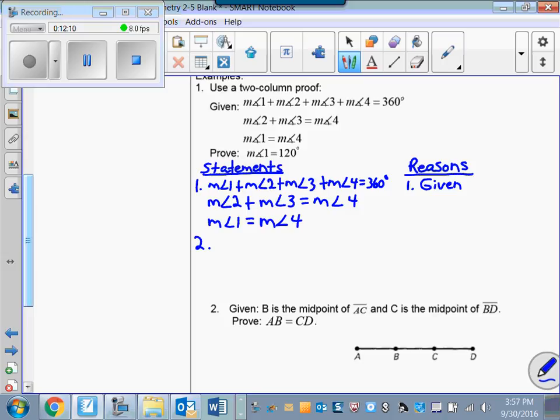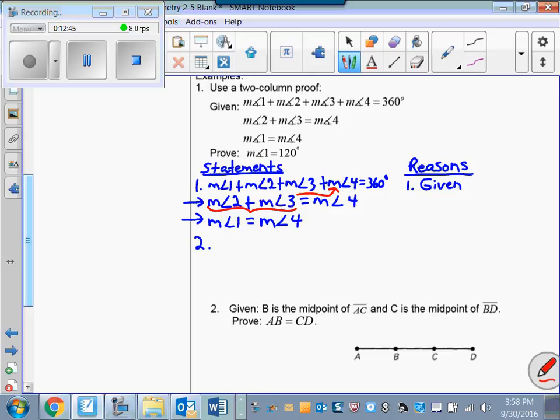So what it looks like to me is I'm going to have to use some substitution. Otherwise, they wouldn't give me these 2 statements if I didn't need to use substitution. And that's really all I can do. I don't have a figure to look at. So all I can think of to do here is to start using substitution. So what I'm going to do is take the measure of angle 2 plus the measure of angle 3, and since that equals the measure of angle 4, I'm going to stick this